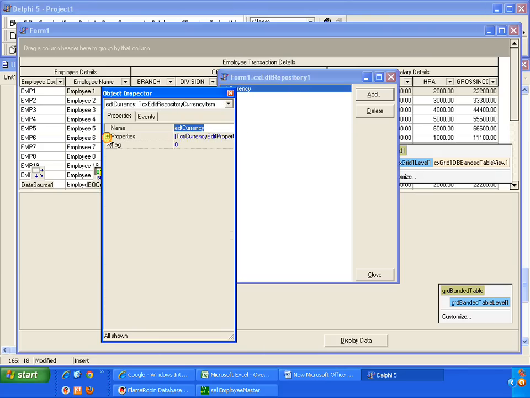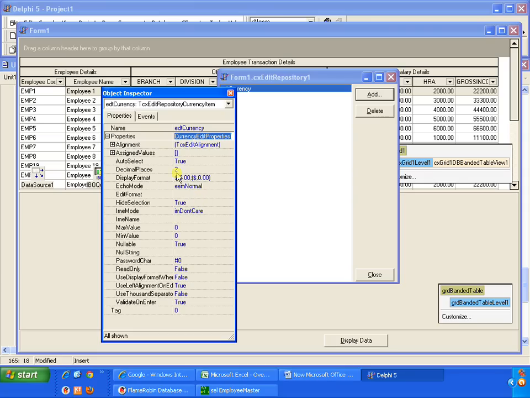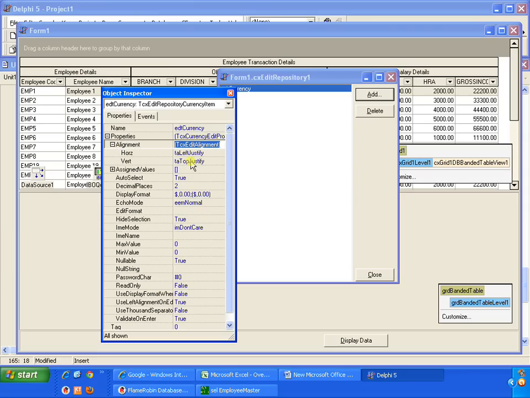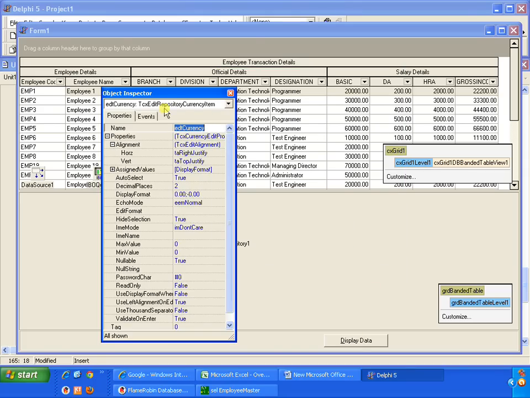Enter. And two properties we have to assign. Decimal places is true here. Alignment we have to give as a horizontal alignment, we are giving as right justify. And display format we would be giving 0.00 semicolon minus 0.00. Press enter. Now this name we have to copy, and since this is an edit repository item, we need